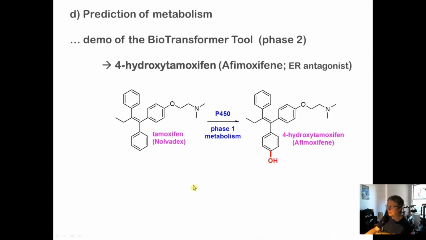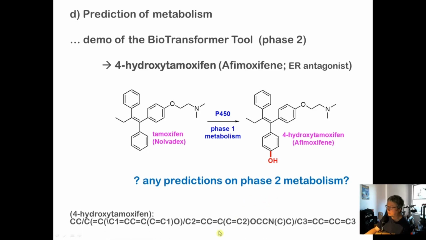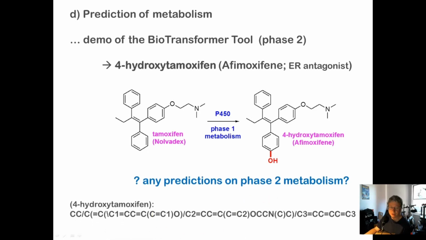Okay, so this was 4-hydroxytamoxifen. Remember, this is administered orally. One of the ways that this is generated is that it's oxidized by P450 to hydroxylate the benzene. What we're going to do is the phase 2 prediction of this, remembering that it's probably going to attach something here, whether it's glucuronidation or sulfate or acetate or something. So those are the predictions. Let's jump on and